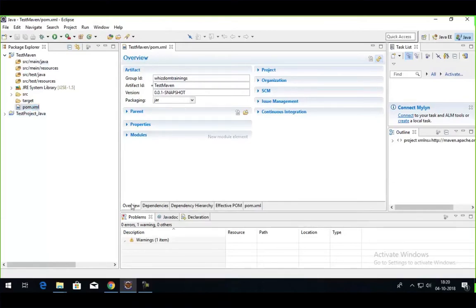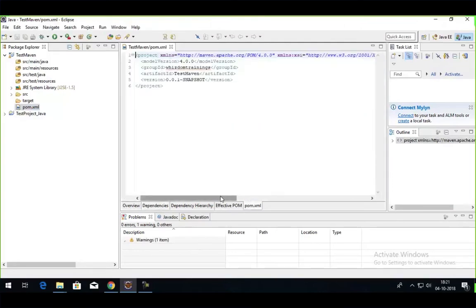Within this file, if I click on this first option, which is overview, you get the details about your project, and there's a section called dependencies. So why don't I have to manually add jars within a Maven project? The reason is dependency. Maven gives a feature of adding dependencies instead of jars. A dependency is basically some files on which our project is dependent.